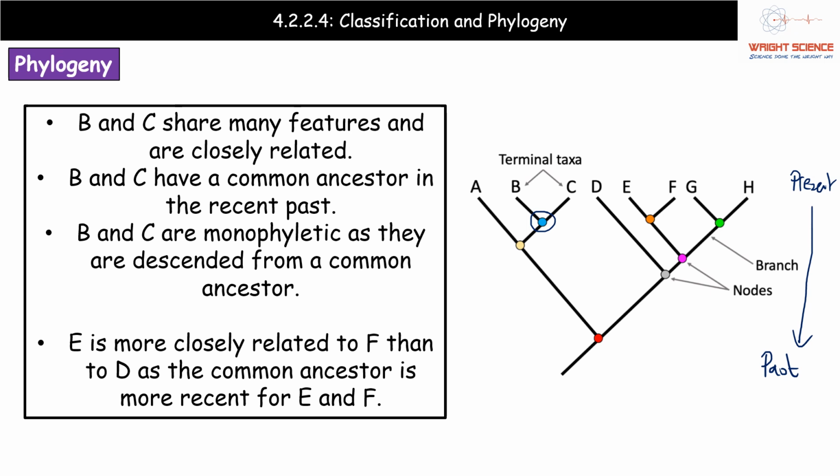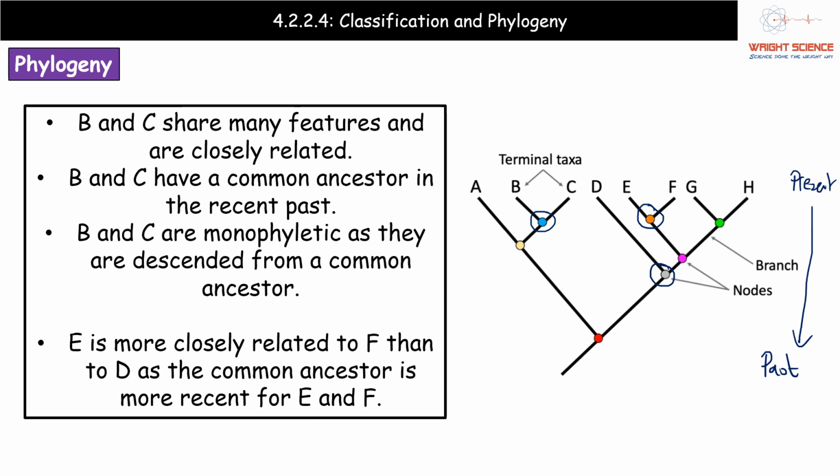Now, the other things that we can go on to say is having a little look at some other sections. Let's have a look at our other side. Let's go to E there. Now, E is going to be closely related to F because that little orange node there represents the common ancestor in the recent past. And E is going to be more closely related to F than it is to D because that little grey blob is representing the common ancestor of organism D and organism E, because if we look, we've got our two branches, one going off to D, and the other